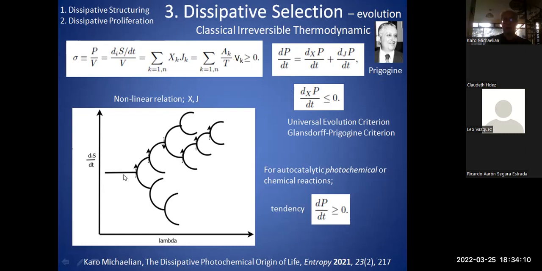And that's what I mentioned here in this bifurcation diagram. If you remember, we go generally up, but sometimes, because it depends on the fluctuation, the production of entropy can go down. Okay, but generally we're going up. And so this is evolution. The system is evolving over these different stationary states which are available to this nonlinear system. And each of these states has different entropy production, and the tendency of nature for these autocatalytic or positive feedback systems is to increase the dissipation as we evolve over time.